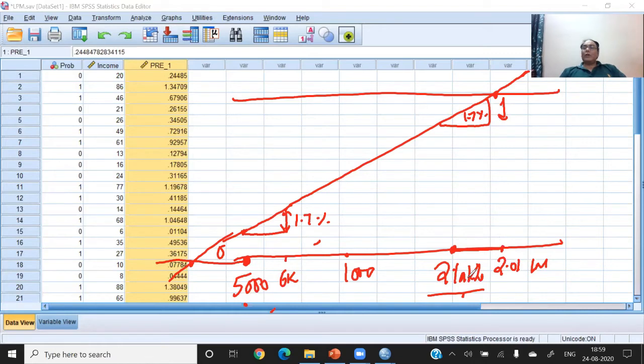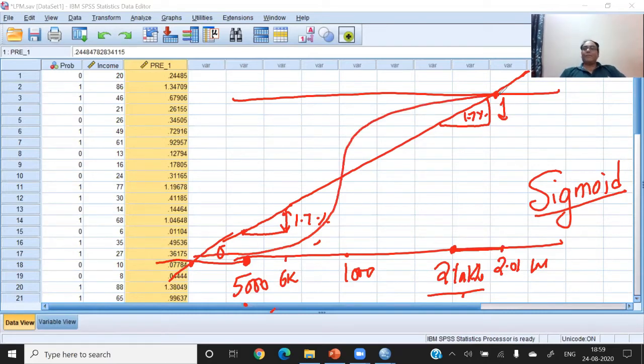Now, how to find out the actual probability? So there is a sigmoid function in the mathematics. So the function is called sigmoid function. Now the sigmoid function comes into picture, and this sigmoid function says that the probability should lie like this. For many customers in the beginning, the probability of taking housing loan should be 0, because up to a level they are not interested in buying the house, and within a range the probability is very high.